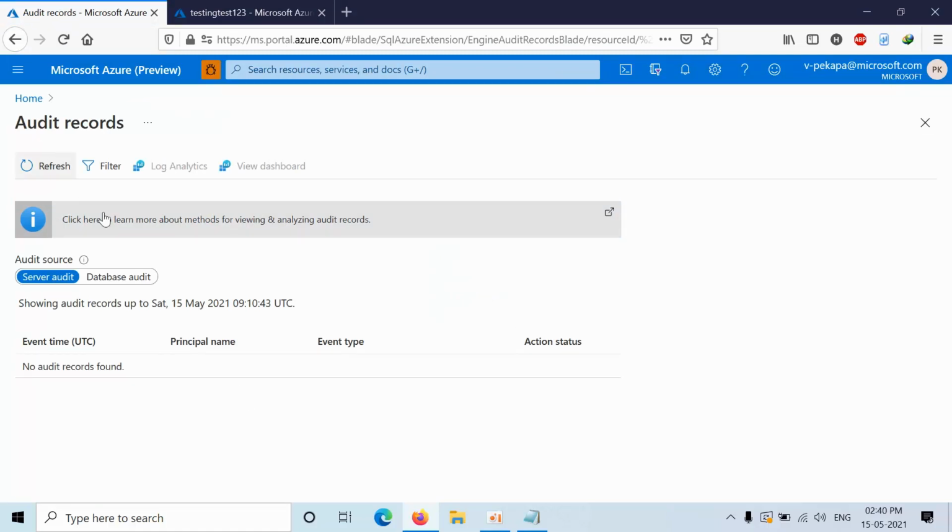Click on database audit, then run in the query editor.